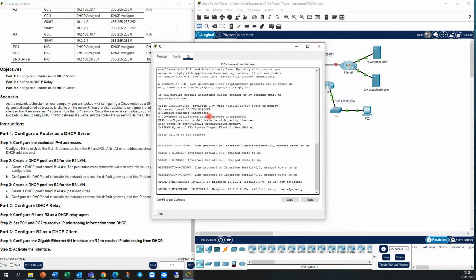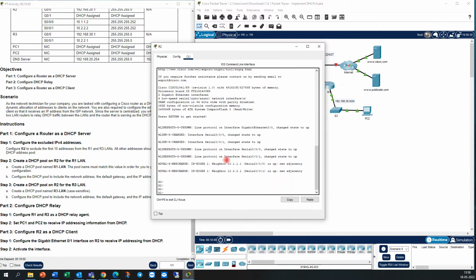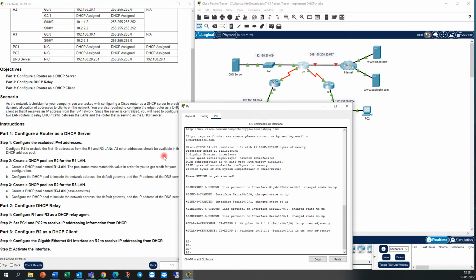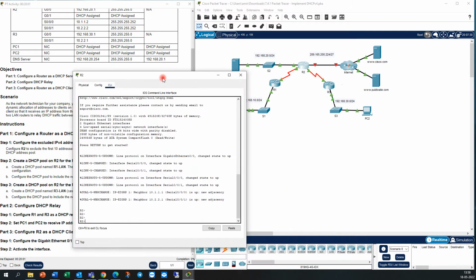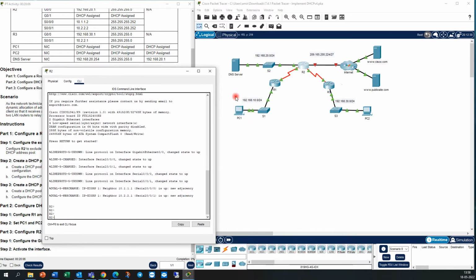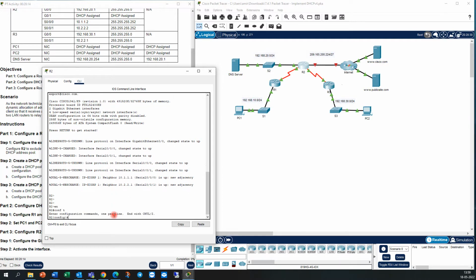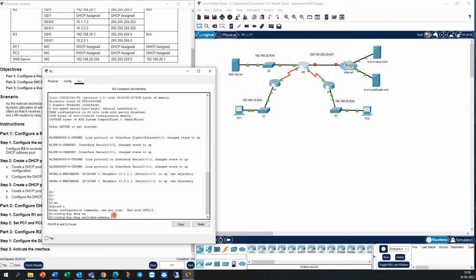You should go here and configure R2 to exclude the first 10 IP addresses from the R1 and R3 LANs. All other addresses should be available in the DHCP address pool. You can see the network addresses for the R1 LAN and R3 LAN here, and you should go to config terminal mode and write ip dhcp excluded-address to reserve IP addresses for